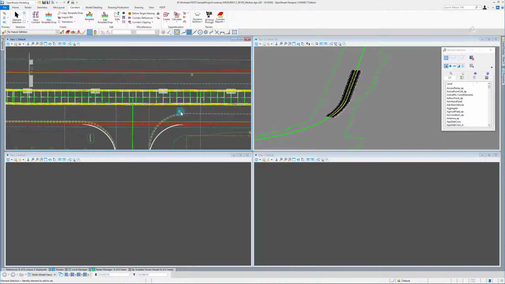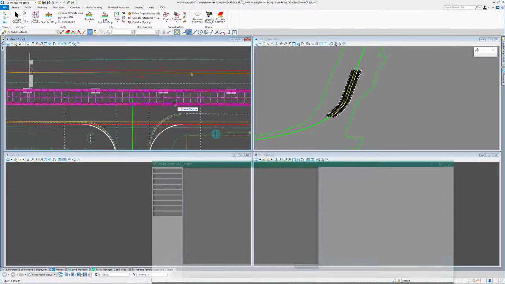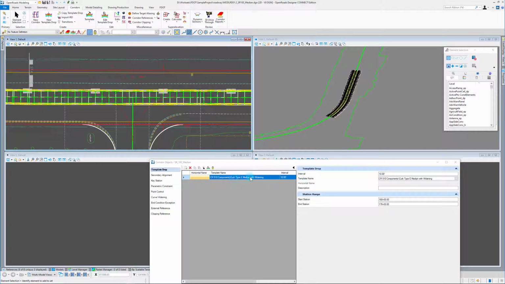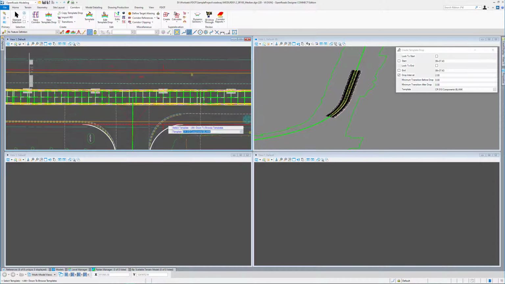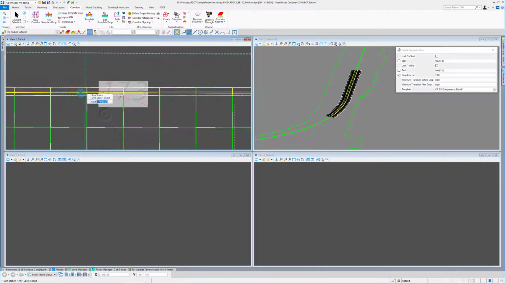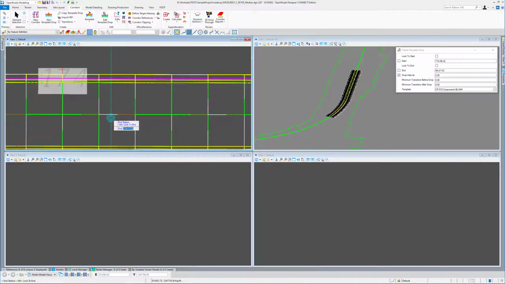So really easy. We're going to use that to create an empty space between the template drop that we currently have. So if I select this corridor, you can see that I have this template placed along this corridor for the entire limits. So I'm going to go ahead and place a new corridor, and we're going to use blank, snap it to these control radii,